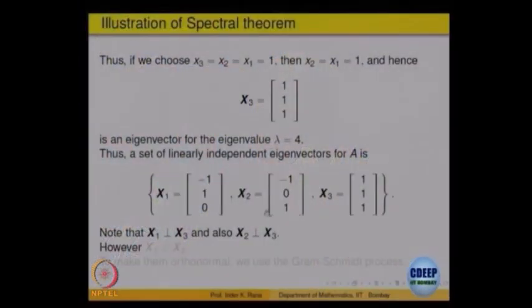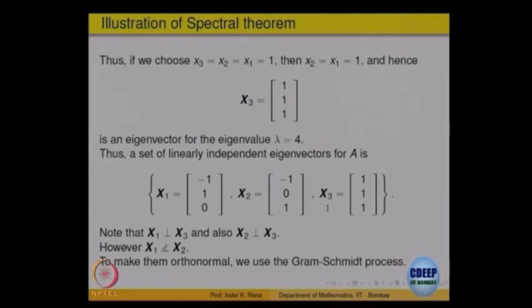So, what we do is we know that x 3 is orthogonal to these two. So, that is not a problem. These two we make perpendicular to each other by using the Gram-Schmidt orthonormalization process, right. So, what will be my first step? x 1 is not perpendicular. So, if we are given these 3, how do you orthonormalize them?